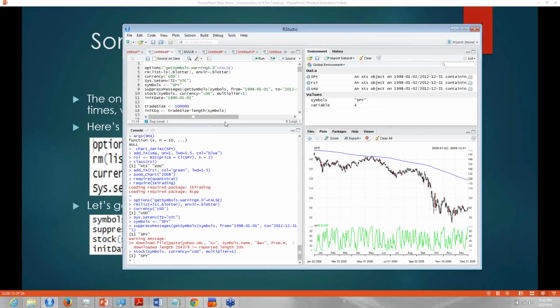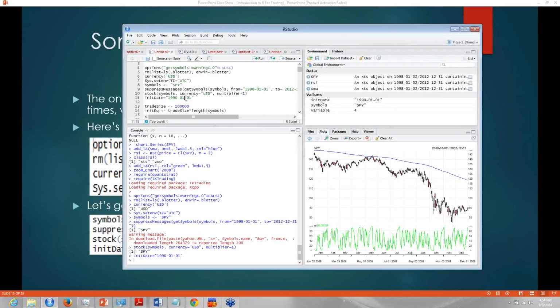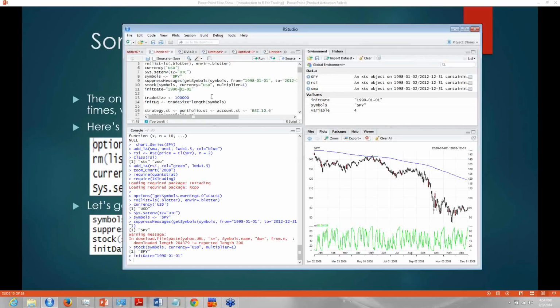also very important. Init date, we need to have an initialization date before the first day of transactions in our strategy. So since I know that the first day of my SPY data is in 1998, I picked a day that's before then. It could have been 1997, 12/31. I chose January 1st of 1990. Makes absolutely no difference. So here I'm defining my trade size and my initial equity, which is trade size multiplied